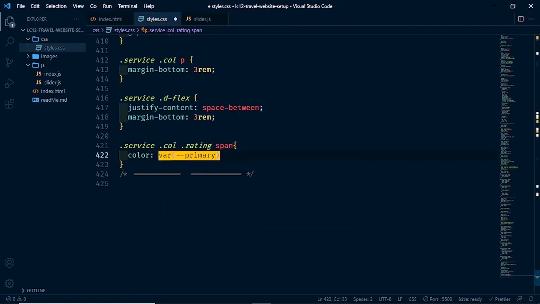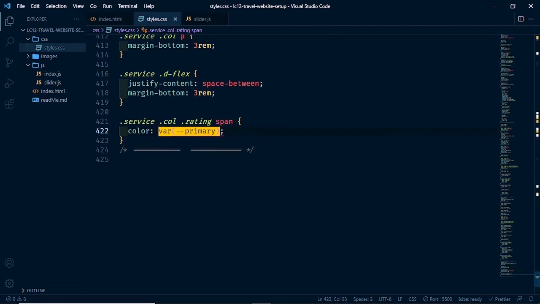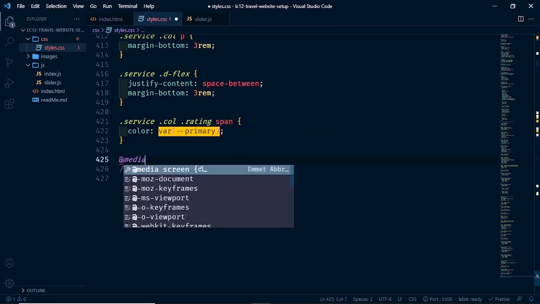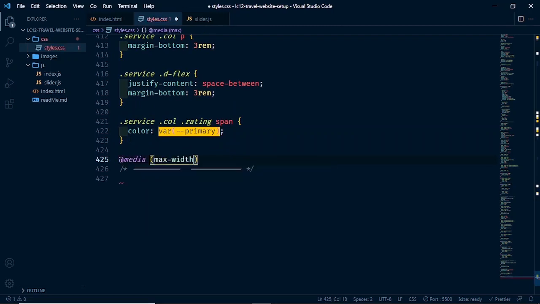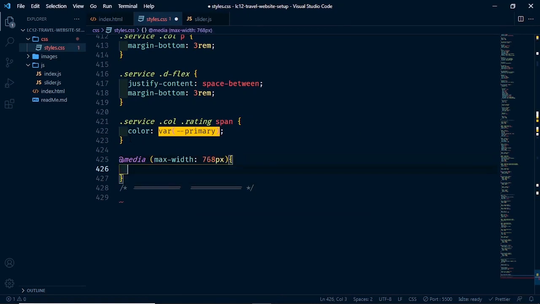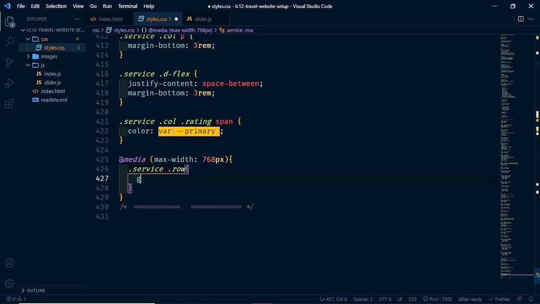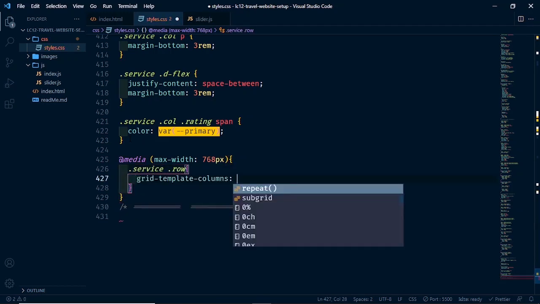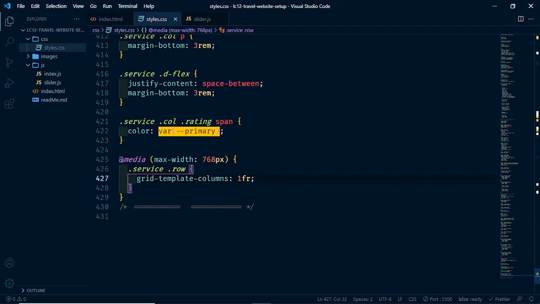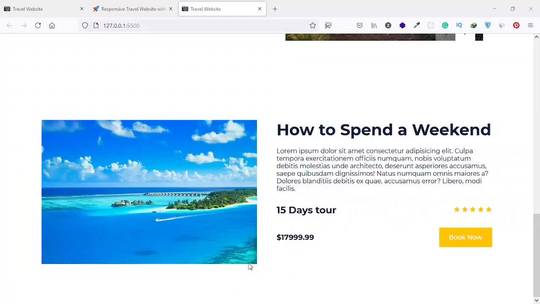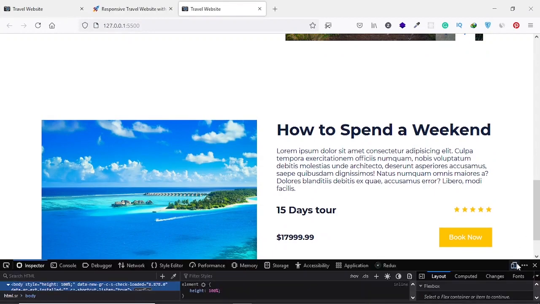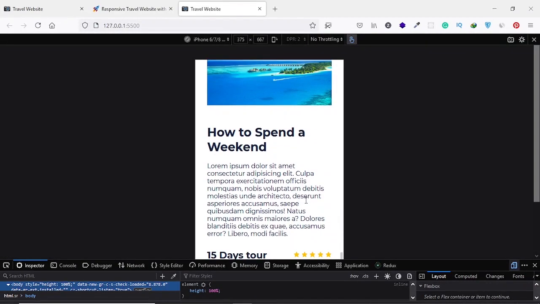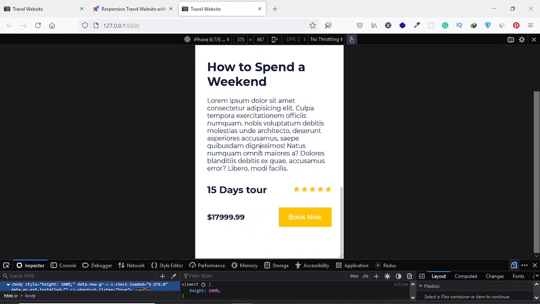So primary color. Then let's write just one media query. So media, say max width, and we need 768 pixels. Then here let's select our row and let's give it grid template columns of, let's say, 1 fr. So let's save this, go back to our browser, and we have this. When we resize, let's resize and see, and we should have this. All right, so the next